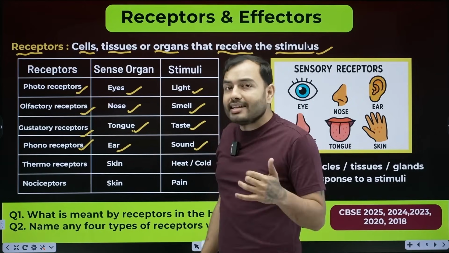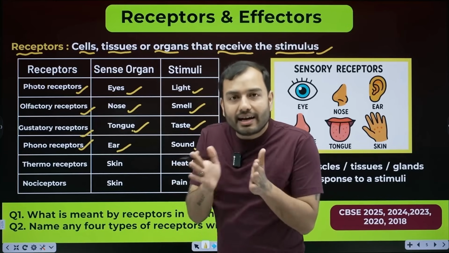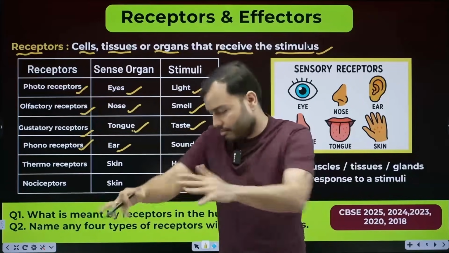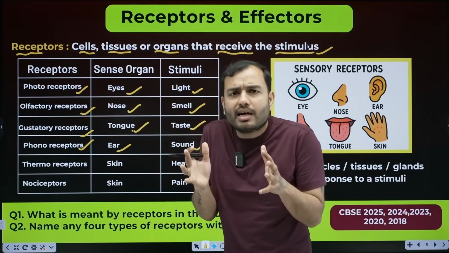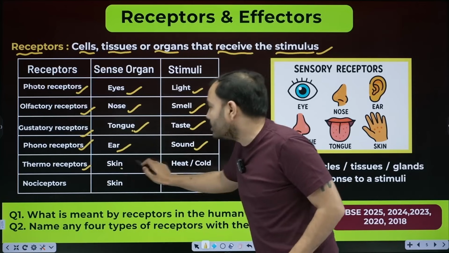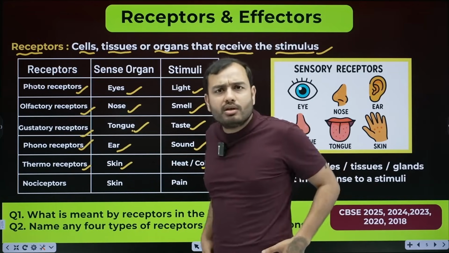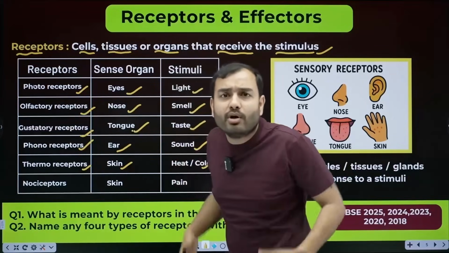And our stimulus is what? Sound. Next, beta, is thermoreceptors. Now what are thermoreceptors? They are in our skin, in the whole hand, in the foot, in the whole body, in the skin, everywhere. What do thermoreceptors do? They perceive heat and cold. So where are thermoreceptors? In the skin, heat and cold. If I touch something hot here, it would hurt.